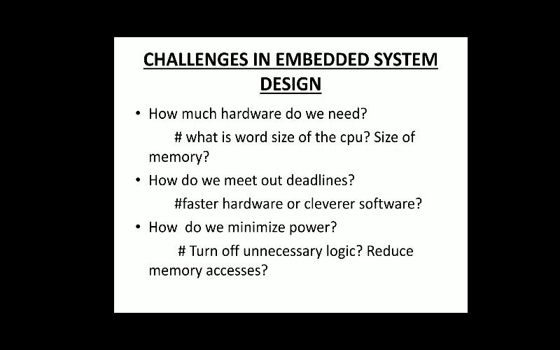What CPU do we need? Because with increasing word size of the CPU, the price of the CPU goes up as well, and it will increase the device cost. Next, we have the size of the memory, because more memory means more power consumption and higher price,